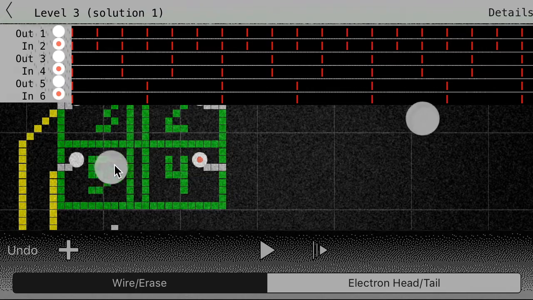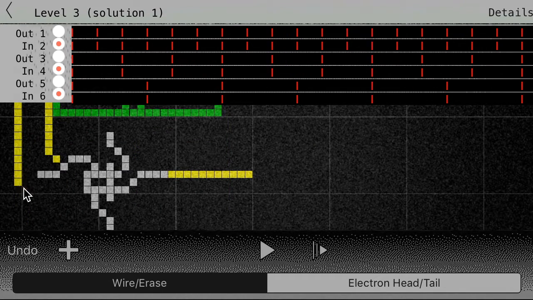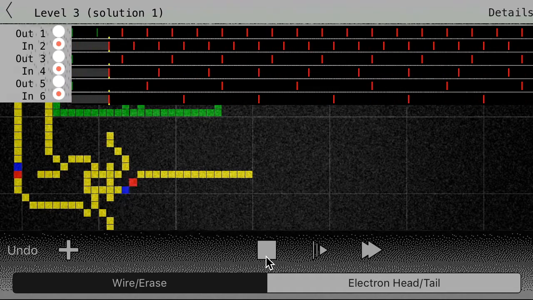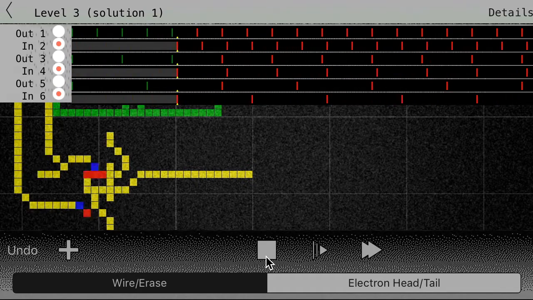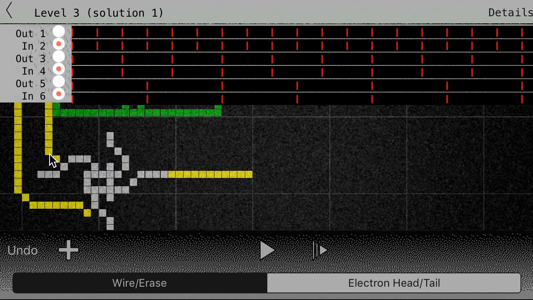Also you can zoom in, zoom out, and connect it some way. And now we see a bit of a problem here. They are cancelling each other. You see,